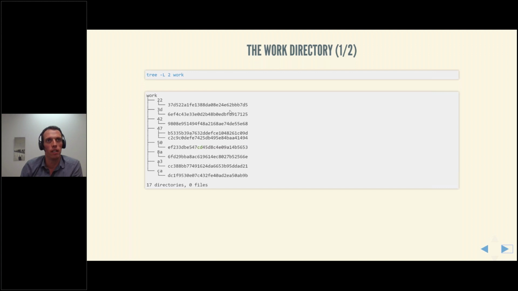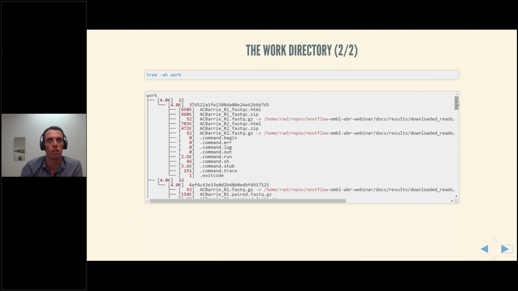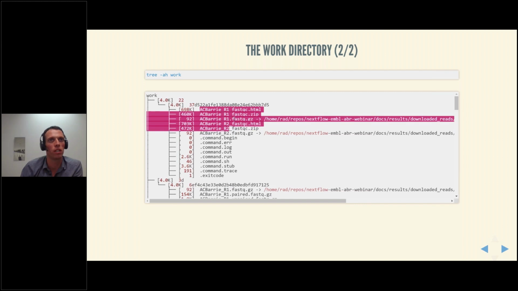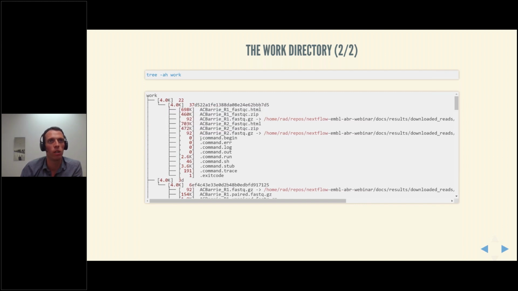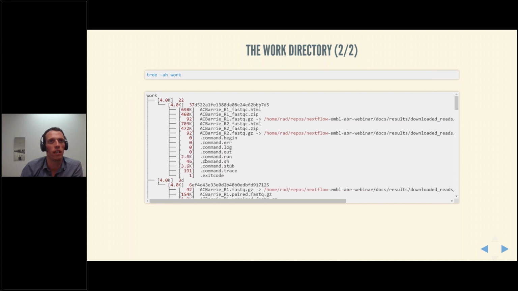Now, if we look a bit closer at some of those, we'll see the input files for a given process and the output files, and also a lot of hidden script files, which contain, for example, the bash snippet that was generated by Nextflow. So this goes back to this idea of isolation of individual processes and tasks, essentially, so that everything is executed within a directory like that.